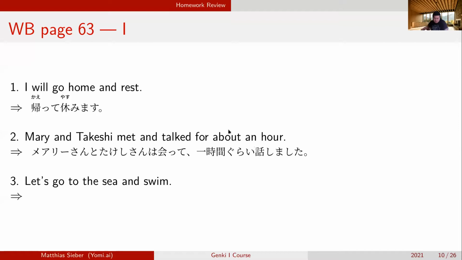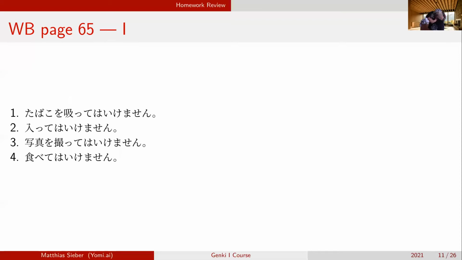Okay, so let's go to the sea and swim. 海に行って泳ぎましたよ。Wait, so hold on. 泳ぎましょう. Very good, very good. はい、海に行って泳ぎましょう。完璧です. Very good. はい。And then we have